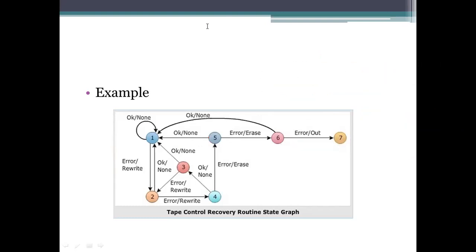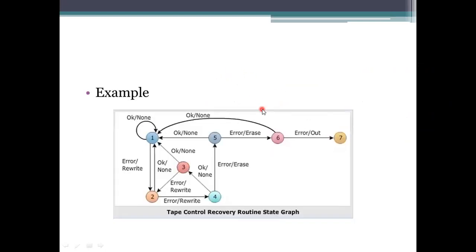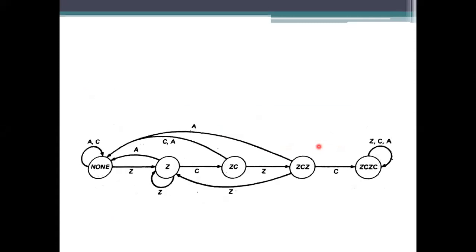Coming to the second one, the second diagrammatic representation is the ZC reader. Here I need to go for the last state. In the previous example, you can reach the initial state from any state, meaning you can go from the second, third, fourth, fifth, and sixth, other than the last one. So it allows you to take the action to reach the first state from any state other than the 7th one. Because it's a recovery system, after recovery it should go to the initial state. But here, it is not like that.